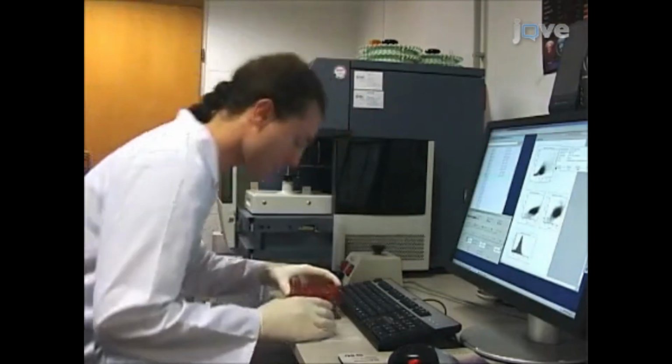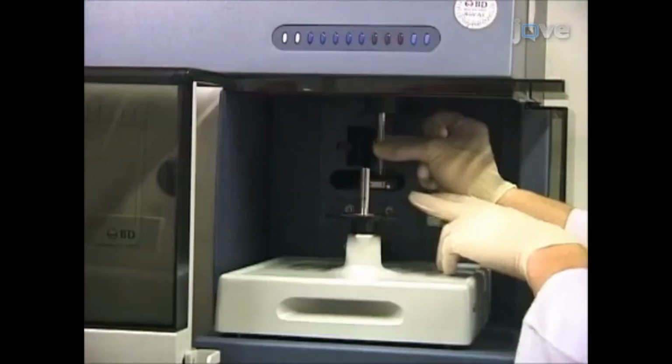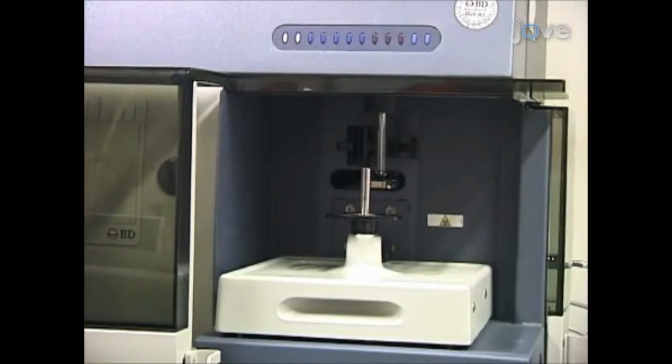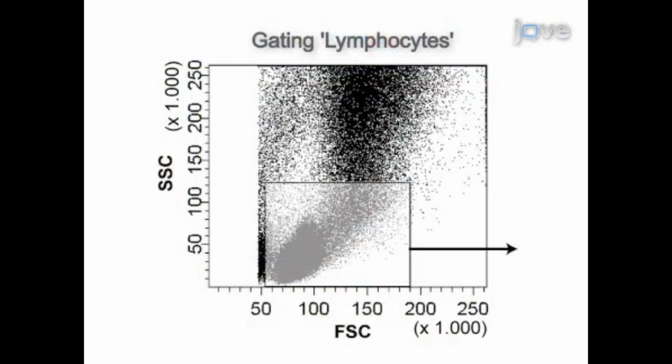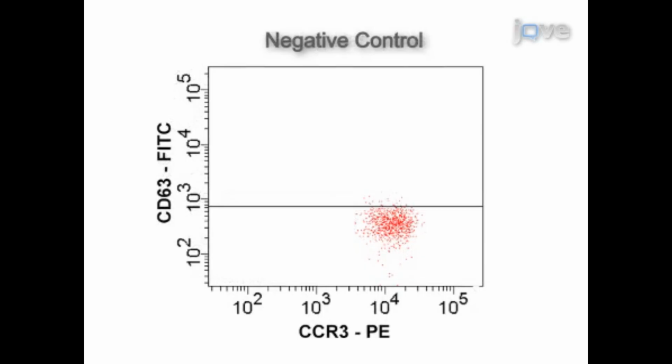Use the unstained sample to adjust the flow cytometer's voltage settings. Then, gate the cells predicted as lymphocytes within the side scatter, forward scatter plot, similar to this sample figure. Basophils are first identified as CCR3 high, side scatter low, similar to this scatter plot. After gating the cells into the FITC-PE plot, activated basophils can be further identified by their expression of FITC-labeled CD63